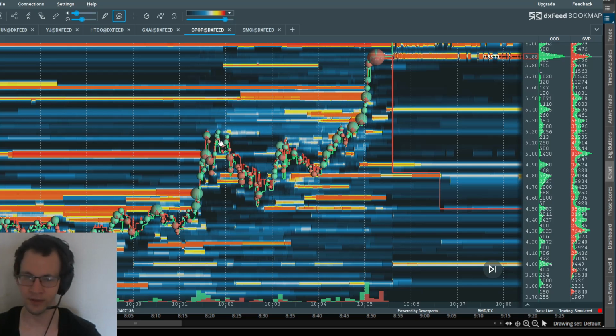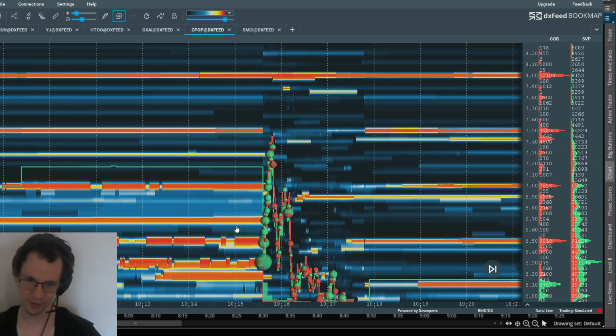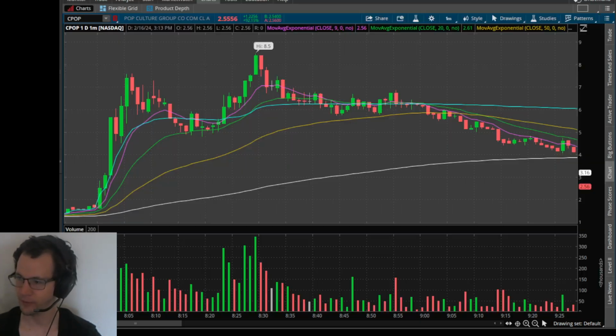This is CPOP at 10 o'clock in the morning. A pullback, a bounce with no bids, comes back and catches bids, right? Starts to rotate into an empty book. This was actually a nice long, but you would have had the full sell and up halt. And anyway,